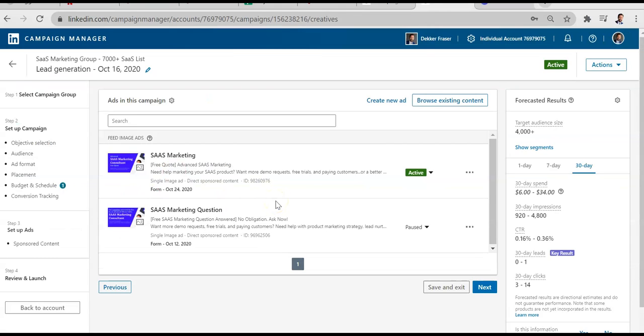Now, the second thing that you're going to want to test is the offer. And I think it's highly understated how much you need to test offers. If your goal is to get a conversation with sales, you could market that as a conversation with sales.